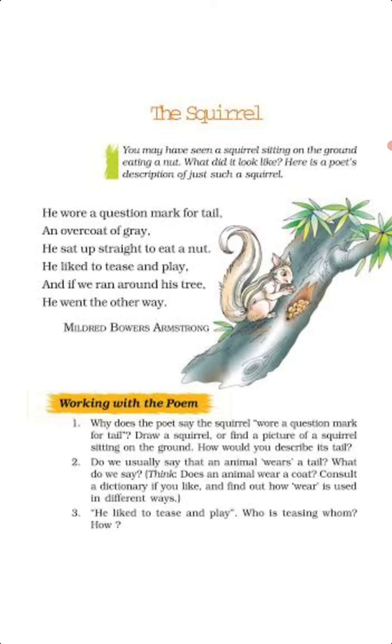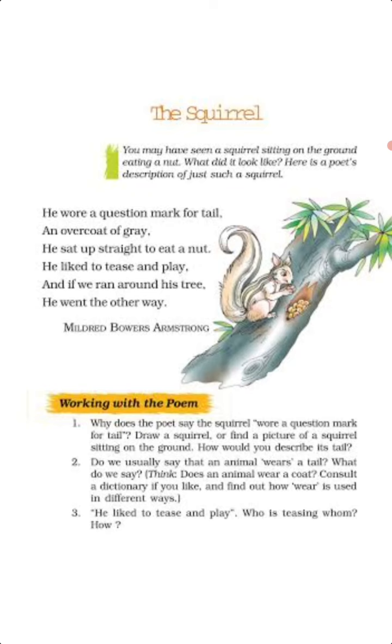And the poem was written by Mildred Bower Armstrong. See here, the poet saw a squirrel sitting on a tree and eating nuts, and he wore a question mark for a tail. And here, what the poet tells us is that its tail was raised upward with the tip pointing downwards,